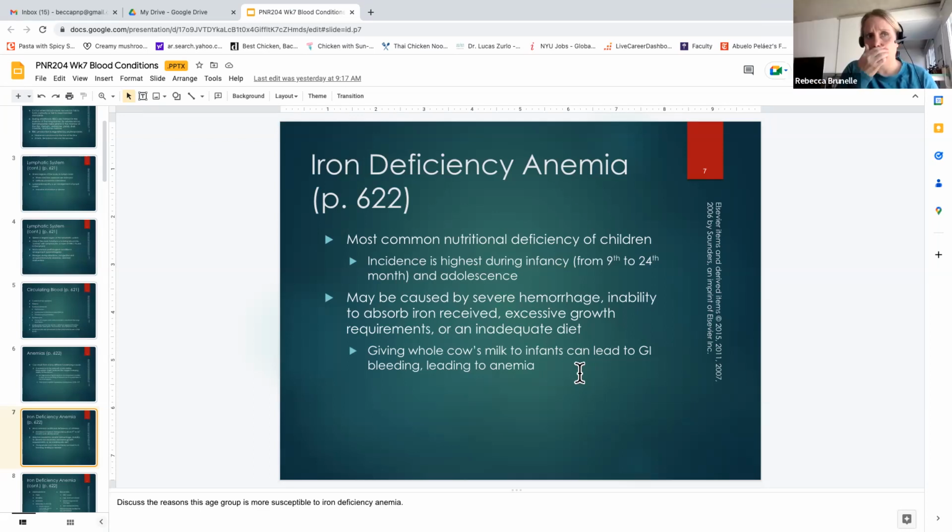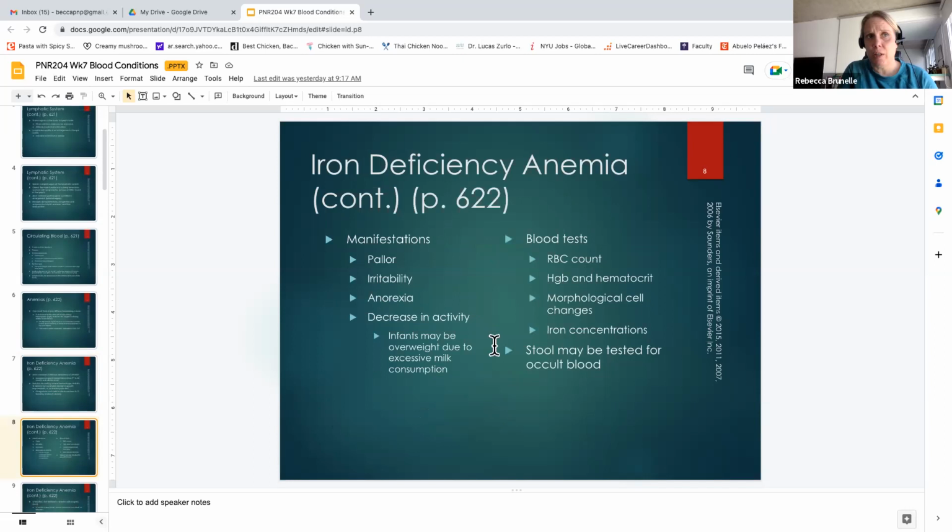It doesn't have enough nutrition, right? It doesn't have all the nutrition that baby formula does, but it can also lead to GI bleeding. Their GI system isn't set up to digest cow's milk, so that can lead to microbleeding, and that can lead to anemia also. And also milk can block the absorption of iron. So there's a couple of different reasons that we don't want to give milk to babies, but one of the main ones is that it can cause iron deficiency anemia.